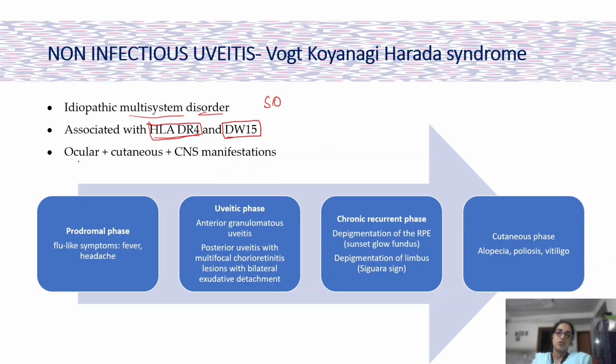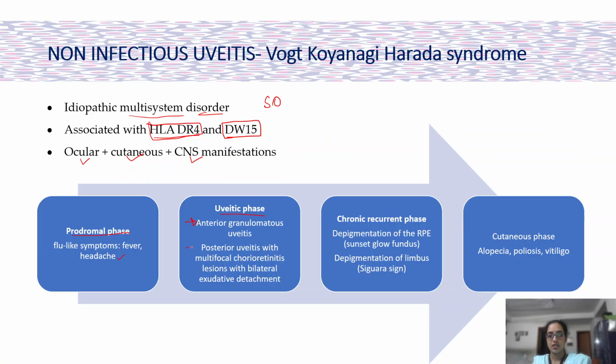Okay. So it has ocular, cutaneous and CNS manifestations. So usually it progresses in a particular format, though that need not always be true. There is usually a prodrome phase with flu-like symptoms where there is fever and severe headache. These patients really have bad headache. I've seen these patients complain of headache more than visual symptoms. Their vision will be very low, but they will complain about the headache. It's that severe. Then there is a uveitic phase that follows, which is characterized by usually bilateral granulomatous anterior uveitis,